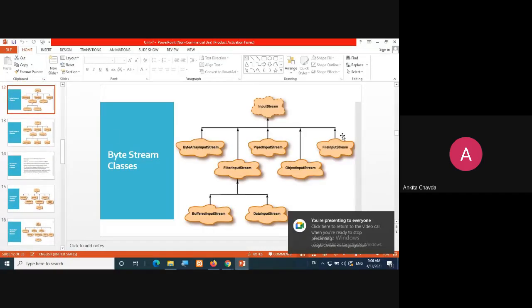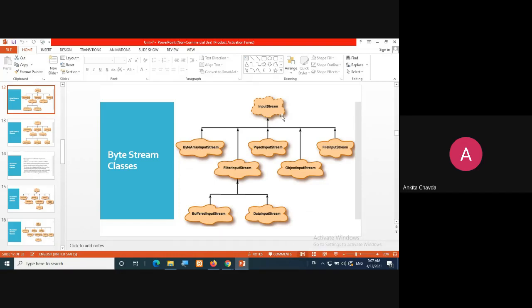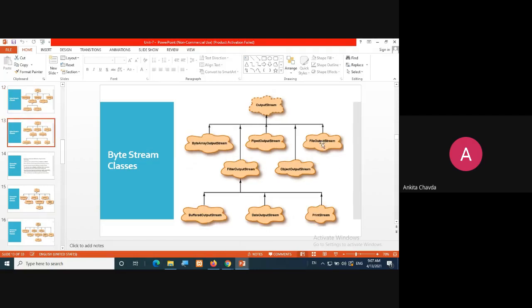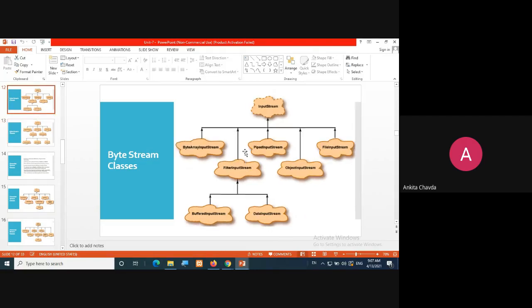So here, we have seen first what is input stream, what is output stream, right? They are abstract classes, so for that we cannot create the object, but we have the child classes. First we have seen file input stream and file output stream, these two classes. We have also seen the file class, which is the main class for any file or directory.